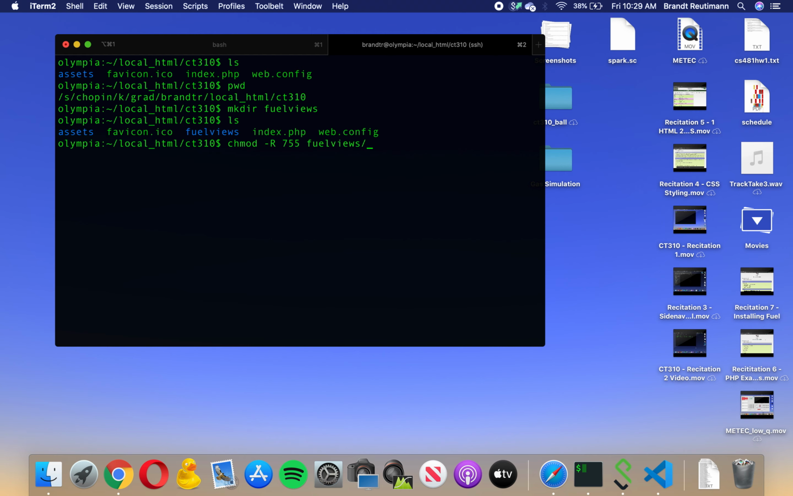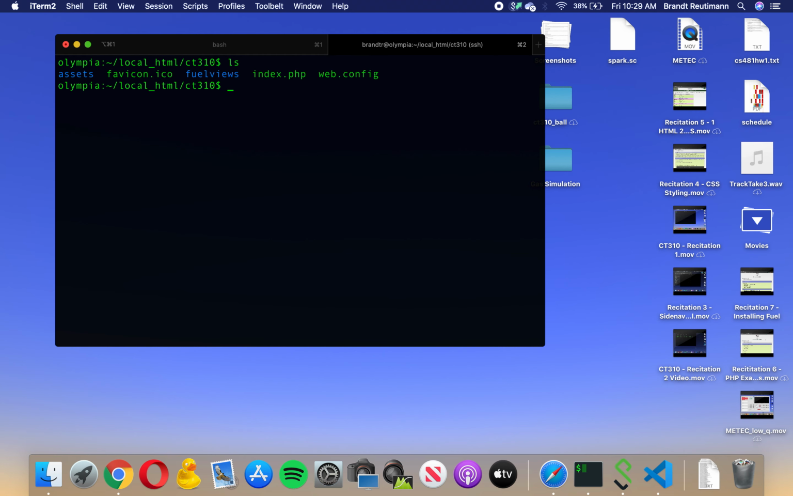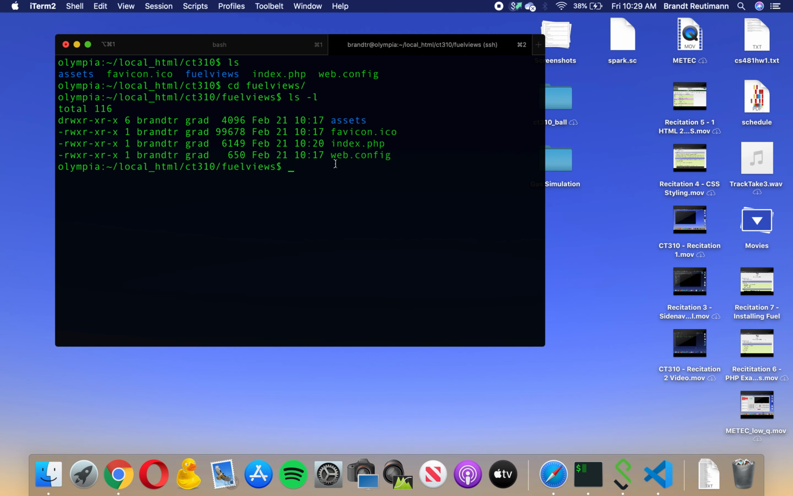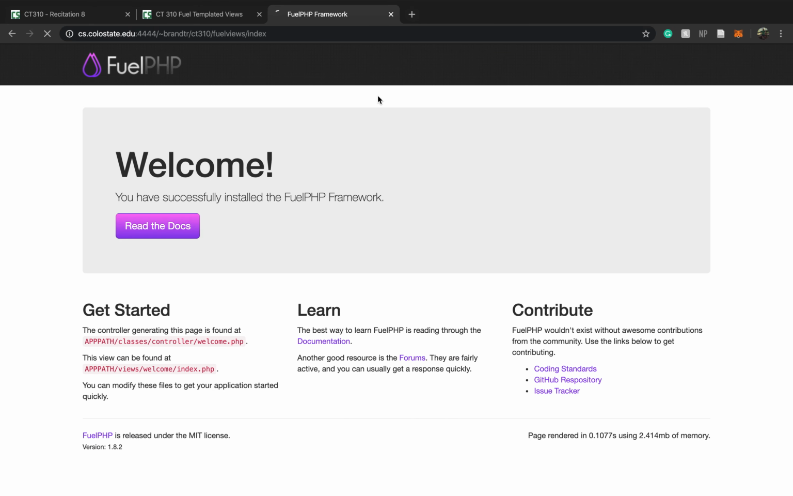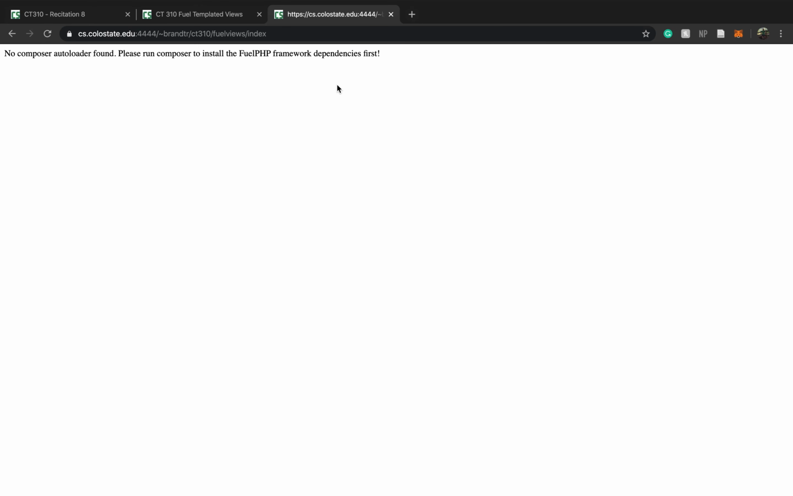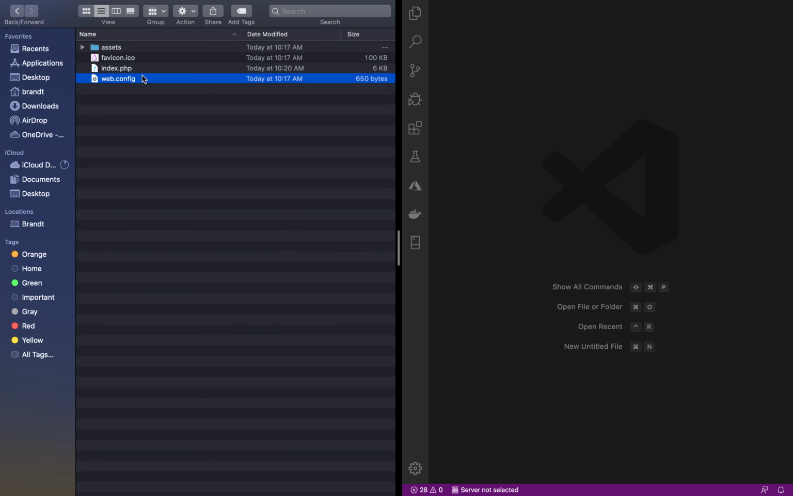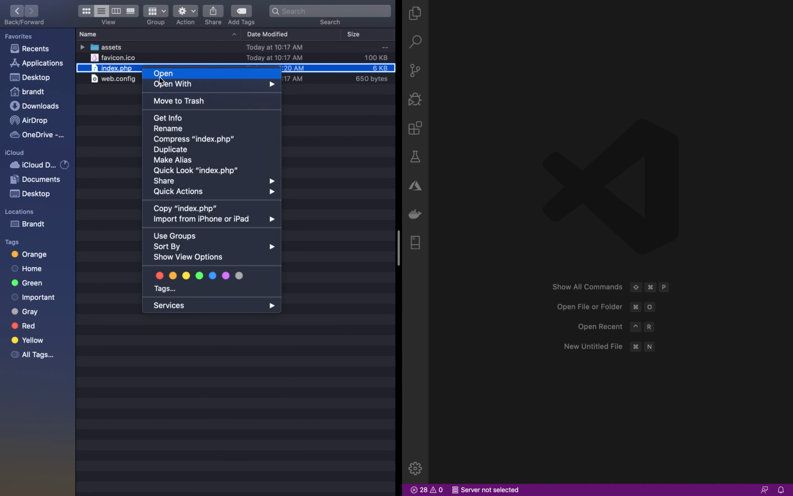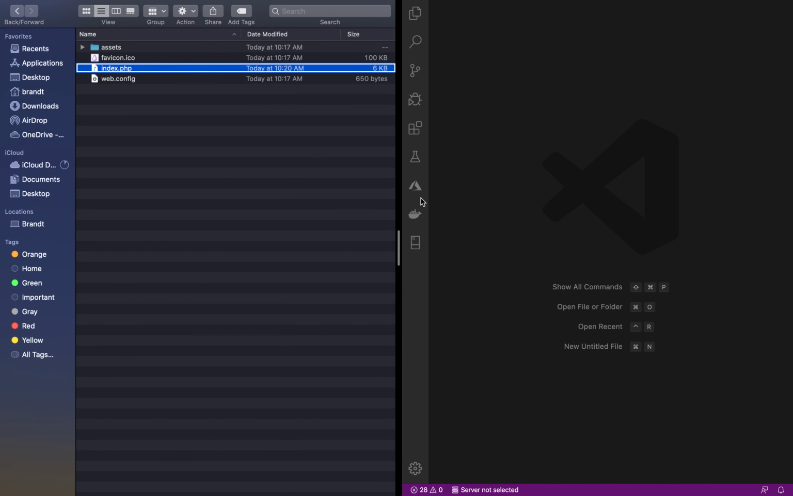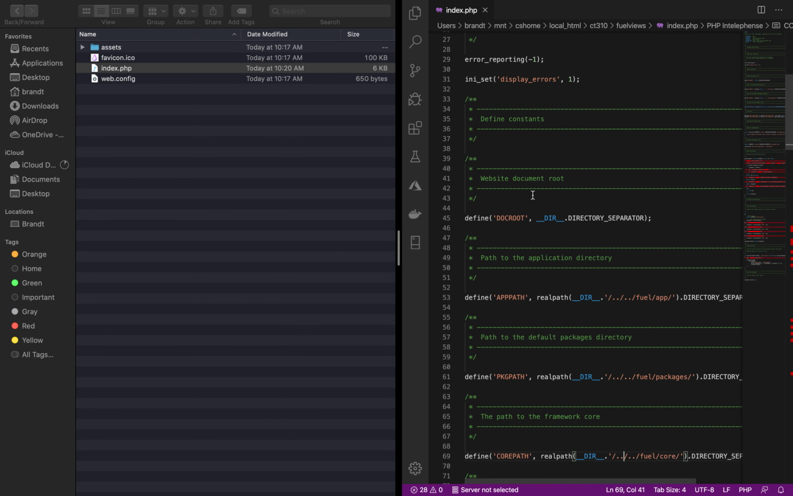755 fuel views. So now if we go into fuel views, you can see all those permissions are updated, and let's see if this will work. It might not work right away. No composer autoloader. Okay, so everything is in that directory, but the thing I forgot to do is, if you get this no composer autoloader found,